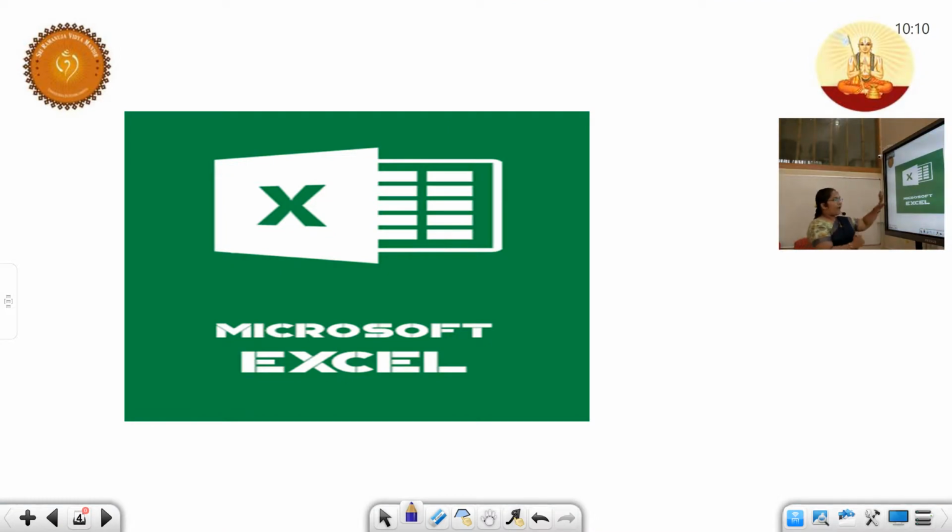Next, this is the actual page of Microsoft Excel. So what does it mean? You are having a table format. See here, children, it is in a row and column format. The Excel sheet will be displayed in this format, and it is used by different users wherever it is wanted.